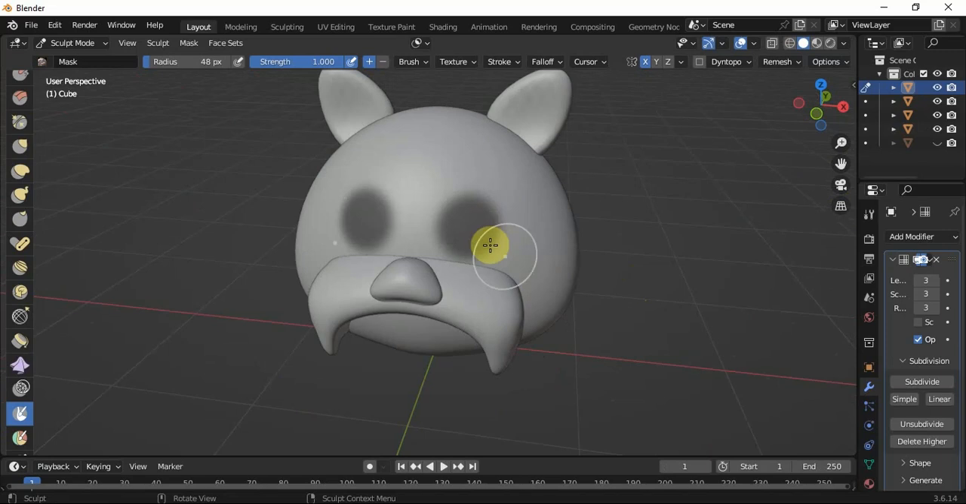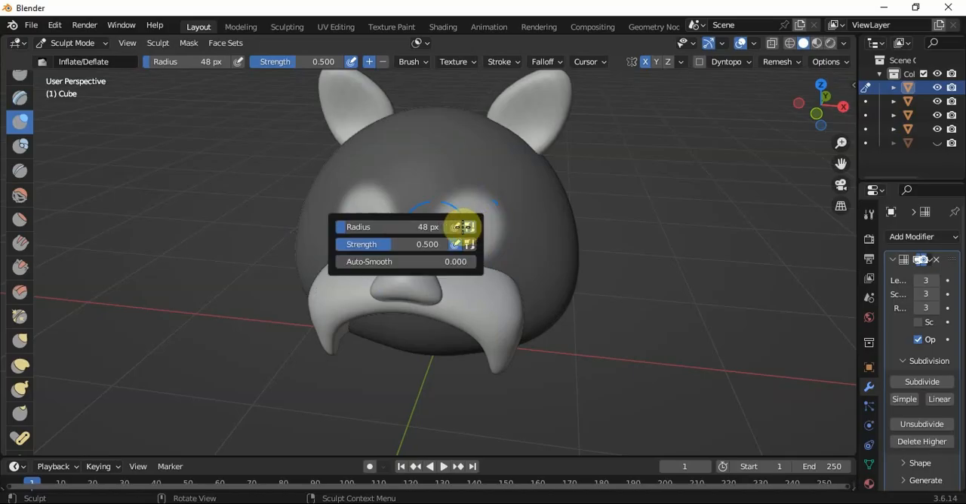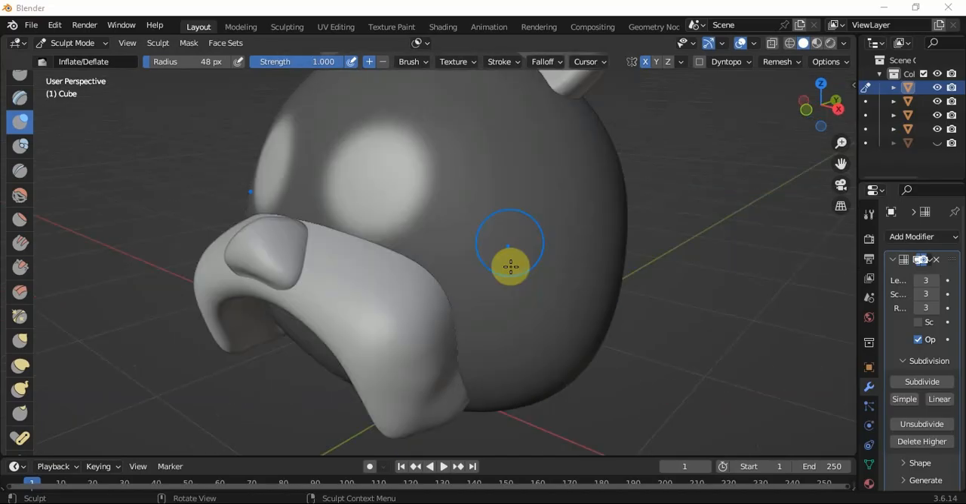So what we are going to do is invert it, so press your Ctrl I to invert it, then come to your inflate tool here. This is the inflate. Now you can increase the strength down to 1, be sure that it's 1%. Then press your Control, while holding your mouse